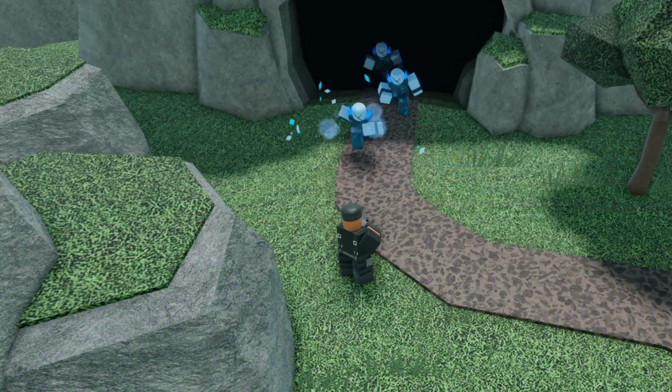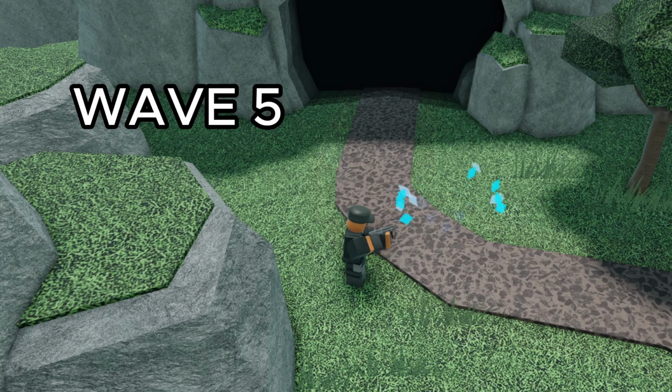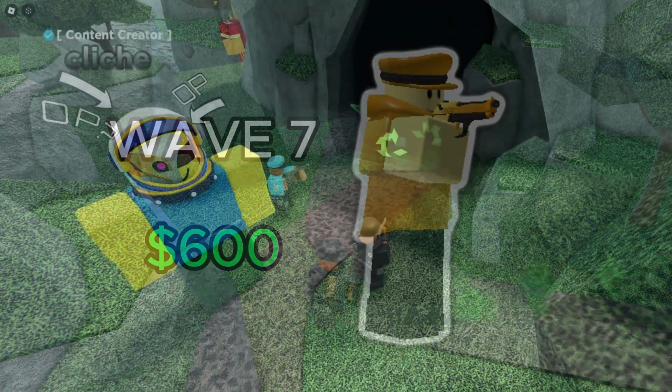By itself, on follow mode, a single shotgunner can now last until wave 5, only leaking because the quick enemies are too fast for it. Any tanky or slow enemies are easily taken care of. While other towers can last a lot longer than wave 5 for 600 cash, the shotgunner does amazing if you